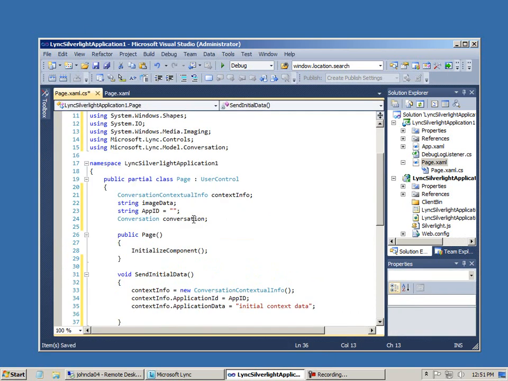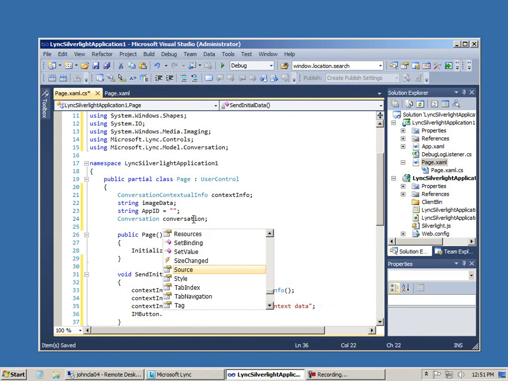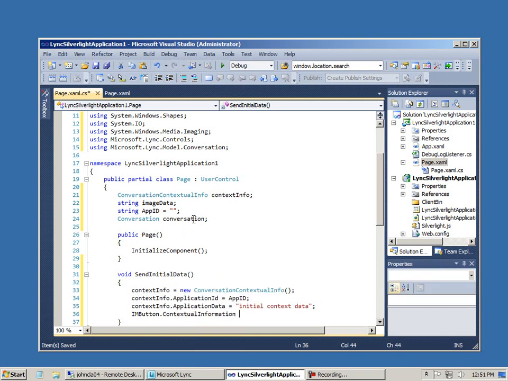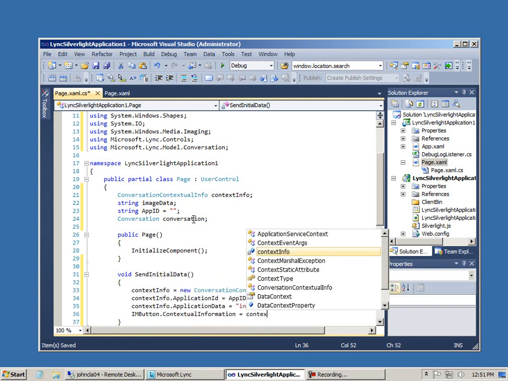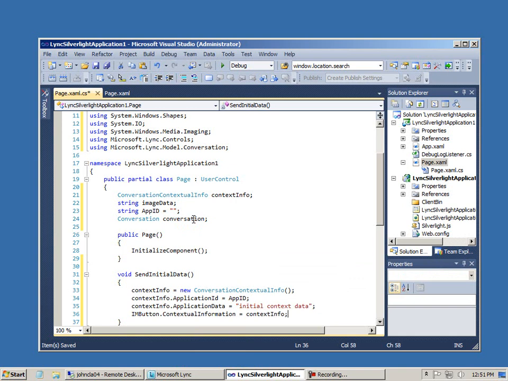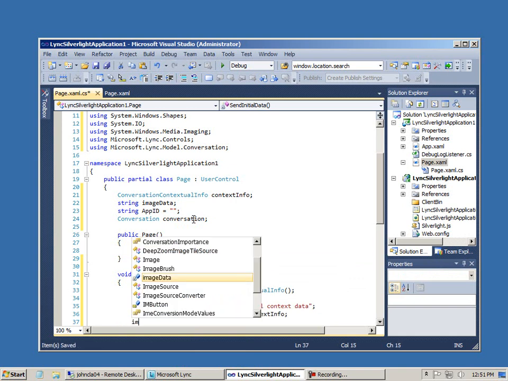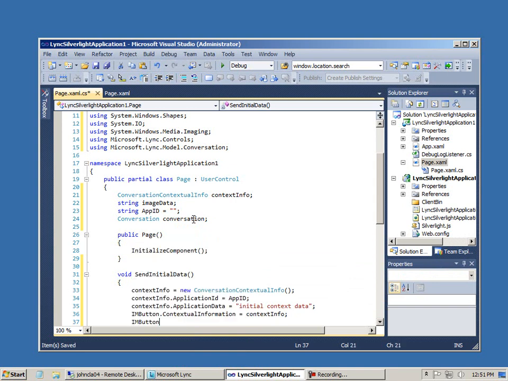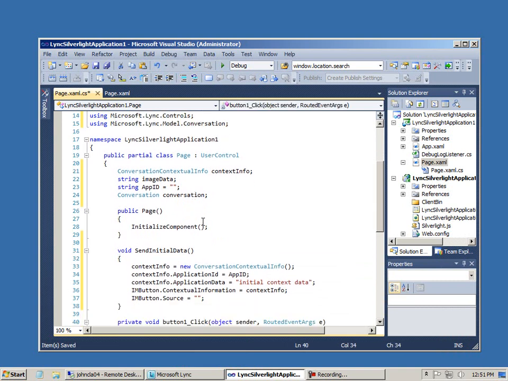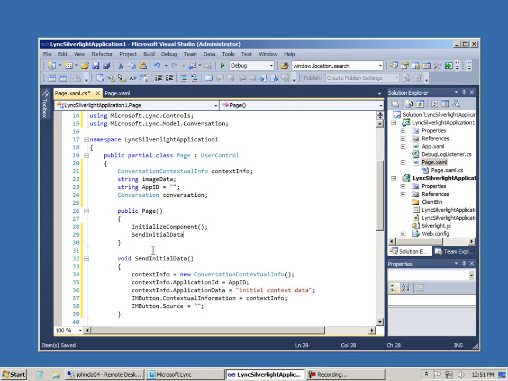and set a couple of properties on the button. First of all, set the contextual information property to our conversation contextual info class. And I want to set the source property, and I'm going to leave it empty right now. And I want to add the method call to the page constructor. Now we'll go down to the click event,